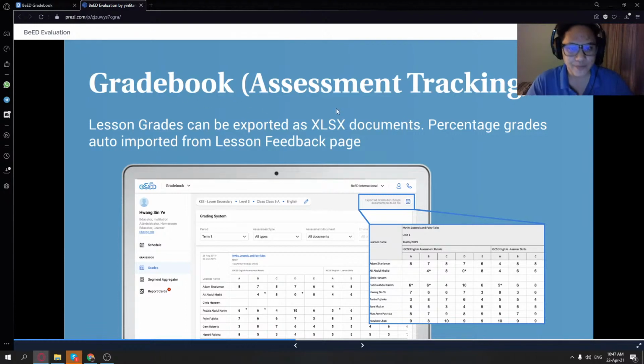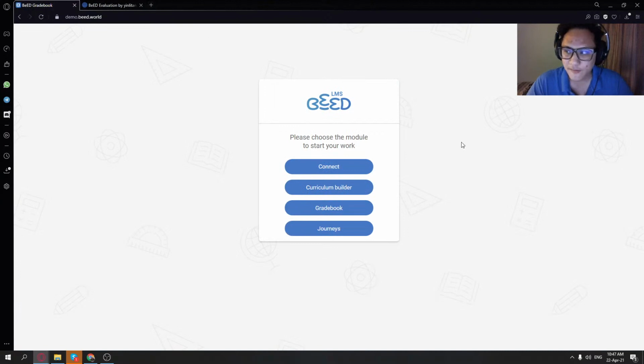the gradebook. Upon logging into the BeED learning management system, you will find that you're faced with this module selector. Our system is divided into three separate modules. The first is the admin panel, which is not viewable on my screen now. The admin panel is where you can set up your institutions, set up your classrooms, as well as add or delete accounts. Then you have the curriculum builder, which allows you to create curriculum documents and share them with your peers. And lastly, we have the gradebook, which is the main educator and learner interface